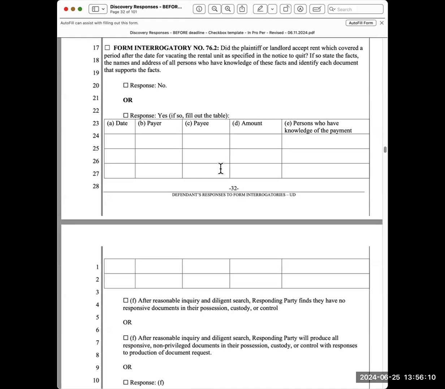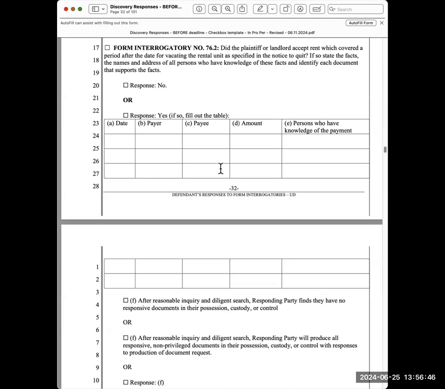And accepted means they deposit it in their account. If you mail a personal check or even give them a personal check that they don't deposit, that's not accepting. A personal check, just so everyone understands, is the promise of payment. It doesn't mean payment because there's no guarantee that there's money in the account to bank to cover the check. A cashier's check or a money order, if accepted by the landlord, is greater evidence of acceptance, but they must